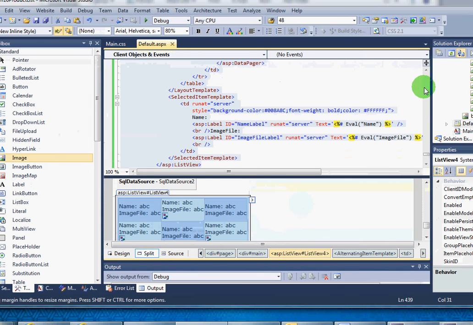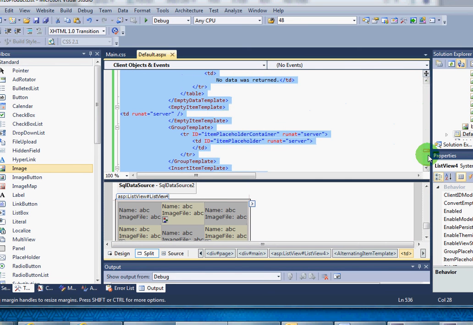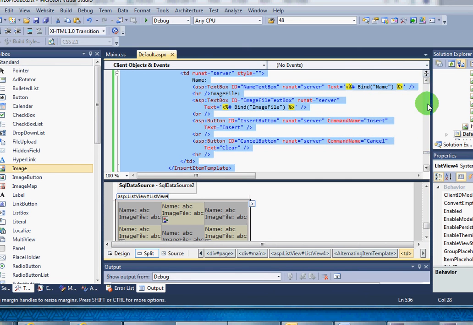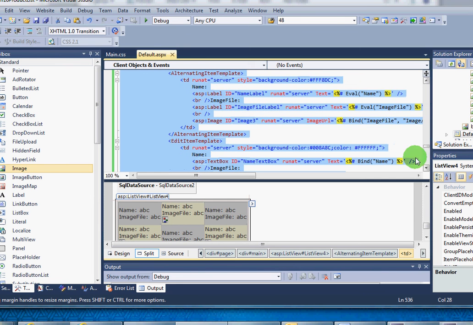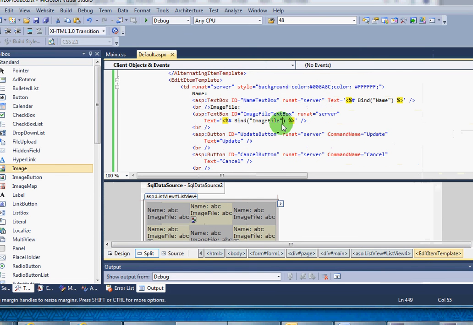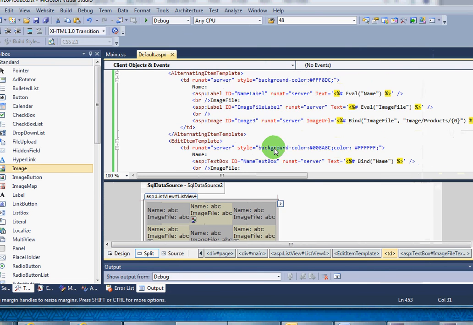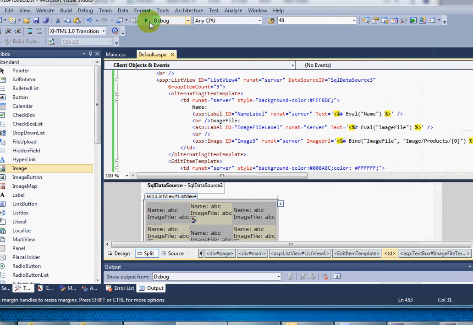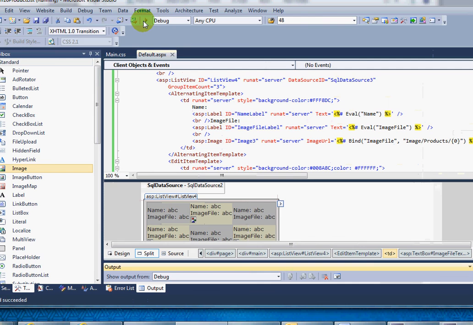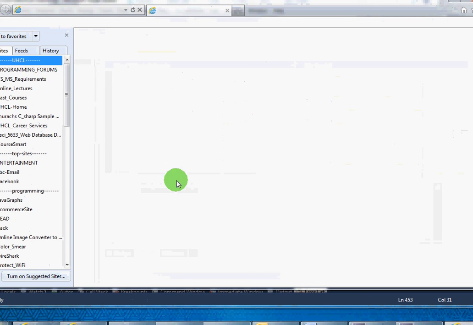That's because if you wanted it in all cells, you'd also have to put the same text. You'd have to copy and paste this line of code down below here, right after the next image file. But we are not going to do that right now, since this is just for demonstration purposes. After this demonstration, you should understand how to add images to